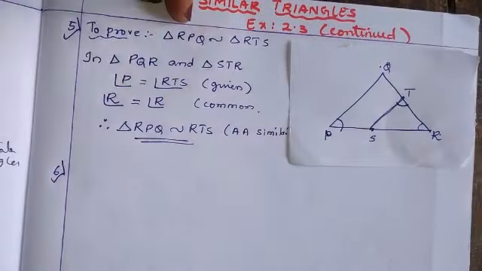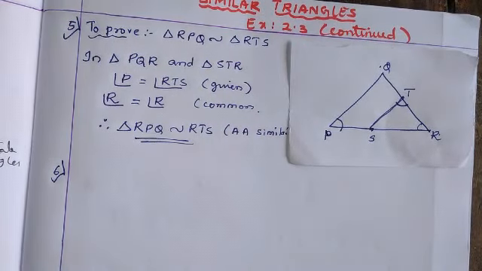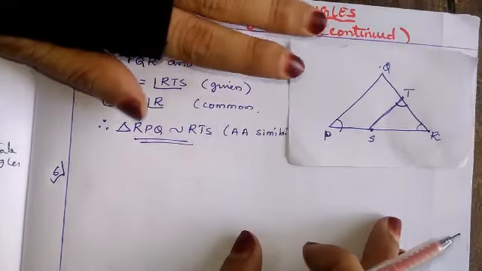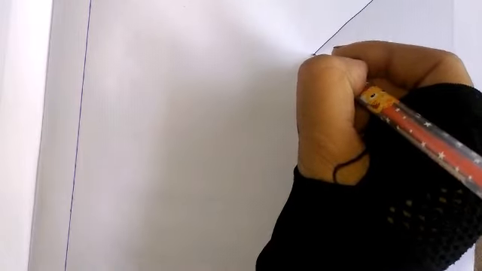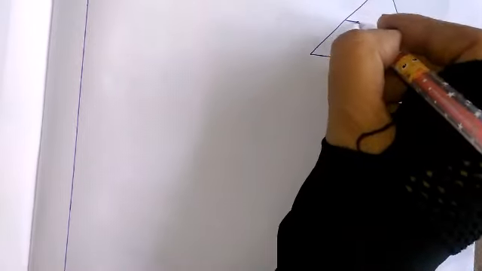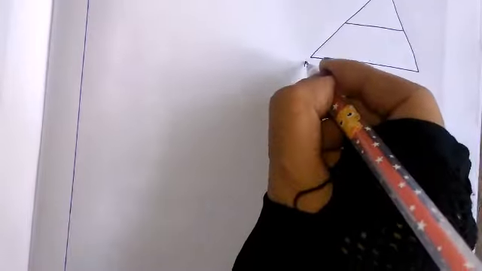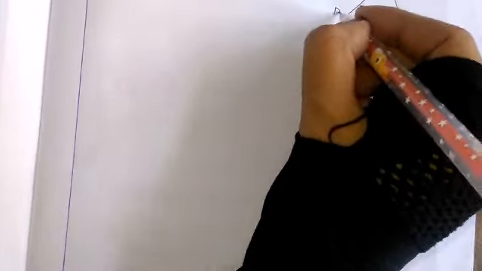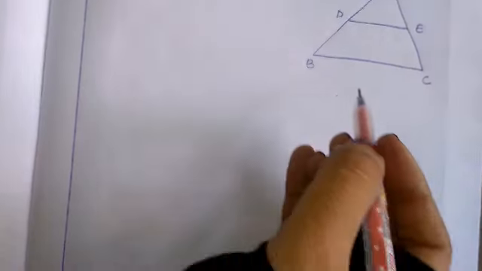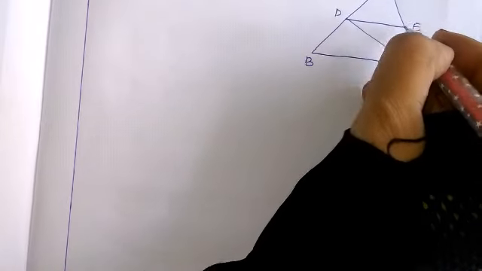Okay. Let us start solving now. They have told two triangles are congruent. Let us first draw the figure that they have given. Let me draw the figure. Okay, I'll draw the figure now. They have given a big triangle with vertices A, B, C. Okay, this is D and E. Then again they have joined these two lines.